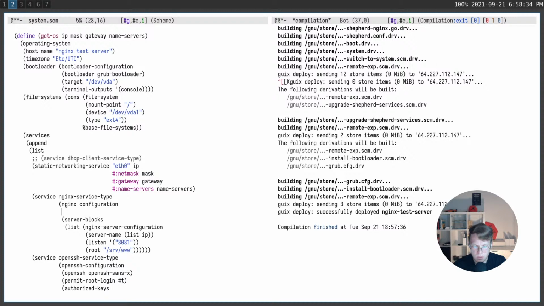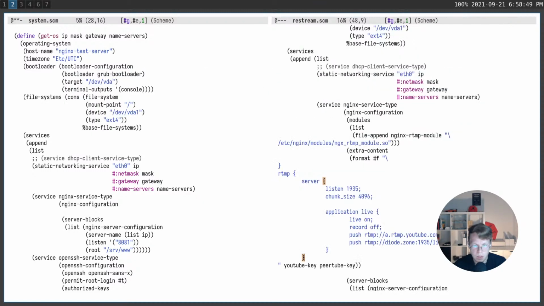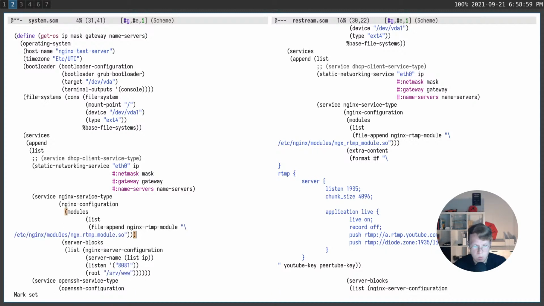But why someone might want to use this fancy Scheme configuration for NGINX, I will explain in the next example. And this example will add a module to NGINX. And we will add a module in the following way. We will define the modules field of the NGINX configuration, which contains a list of modules. And each element